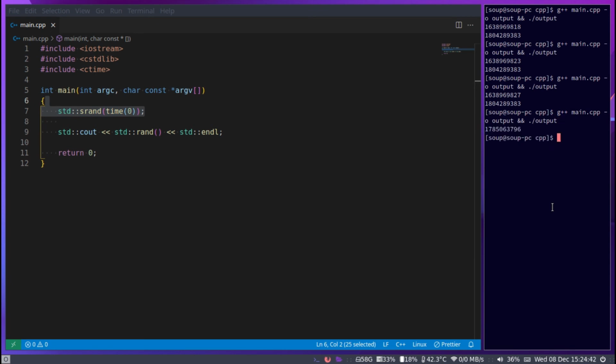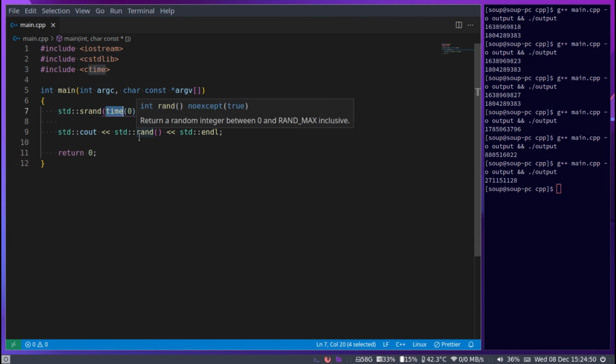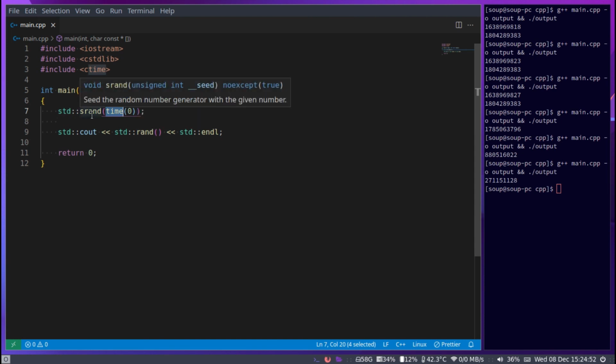So there we go, random number, random number, random number. And every second we'll get a random number because the seed changes. I'm not going to go too deep into the seed because there's a bunch of unnecessary things we have to cover. I'm just going to cover it from a high level. So basically, put a number in here, the seed changes. When the seed is different,